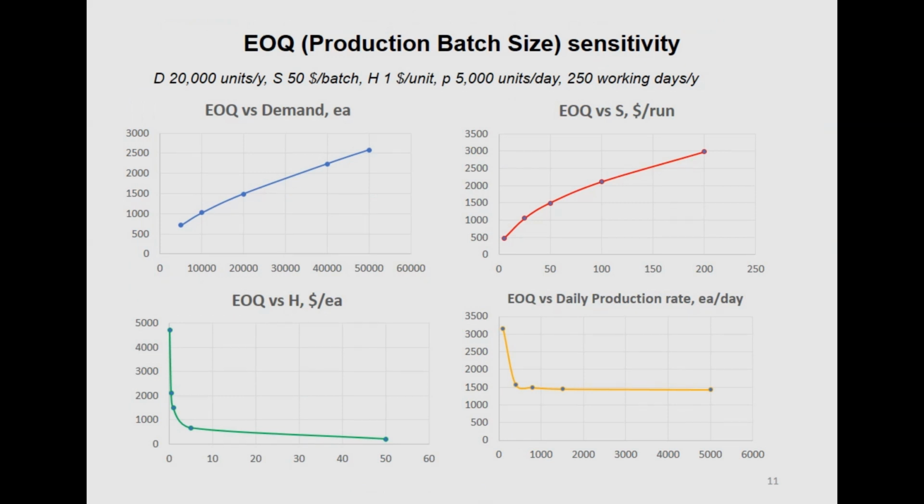Let's take a look here at EOQ sensitivity to variables like demand, S, H, and the production rate of the production line where the production batch is made. If we encounter demand and setup costs growth, then we can expect well-anticipated growth of EOQ. If we encounter a holding inventory and production line output increase, then we can expect a sharp exponential decrease of